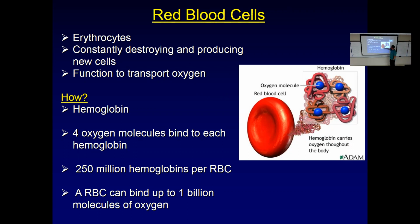In a red blood cell, there is this thing called hemoglobin, which I'm sure all of you have heard of. Okay? Hemoglobin has iron in it. It's like a cytochrome. So it's very strongly attracted to oxygen. Four molecules of oxygen combine to each hemoglobin. You have about 250 million hemoglobins per red blood cell. So a red blood cell can bind up to about 1 billion molecules of oxygen. So you take 1 billion and you multiply it by however many million red blood cells you have in your body, and you get this